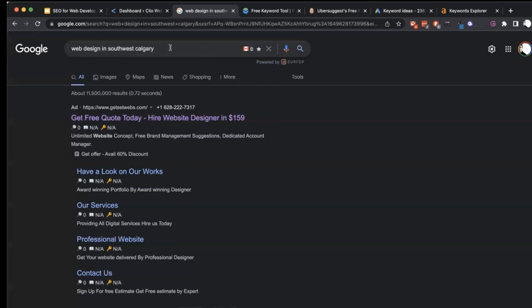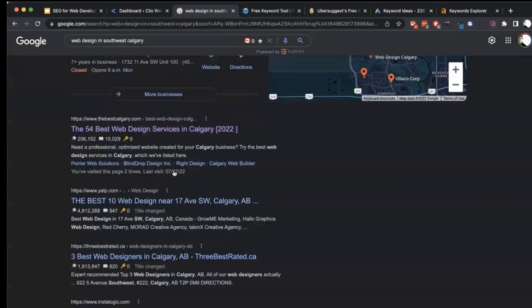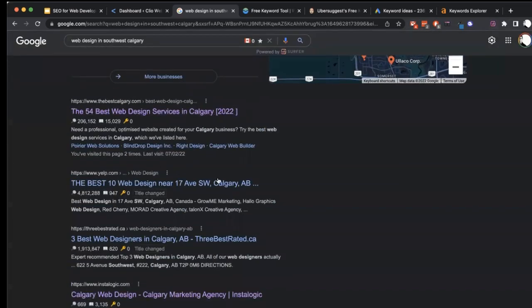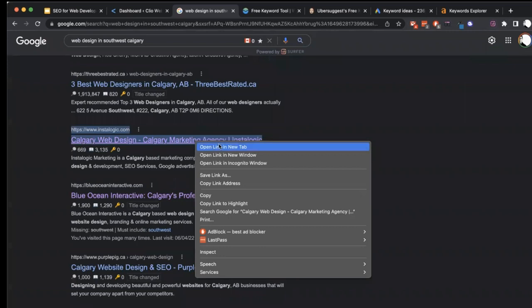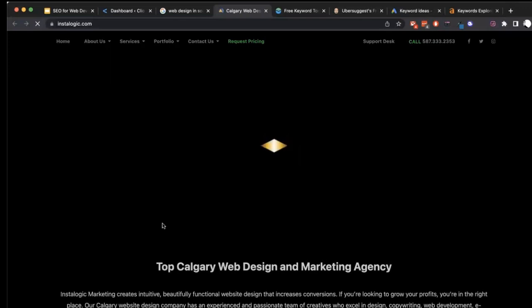There are some free tools that you can use to get started. If you're just starting out, of course, you can use Google, and you can use this free extension for Chrome in order to identify, again, like I said, the search volume, for example, and you can play around and actually see. Google is probably the best place because Google will tell you which pages are already ranking for that term, and you can take a look at them and you can open them and see which sites are ranking, and you can take a look at what they're doing well, and not copy, obviously, but